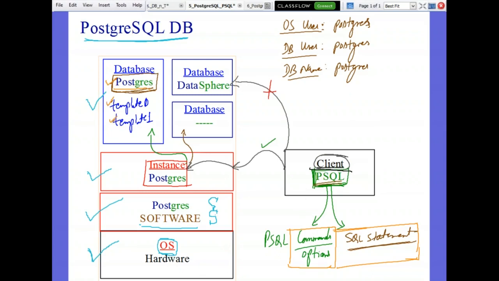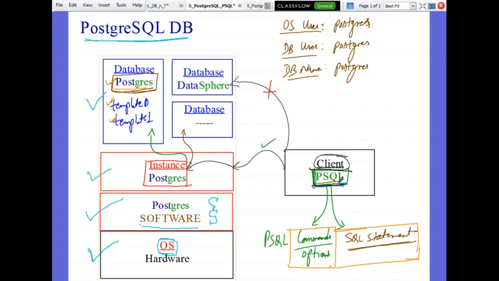So, for example, here we are using the PSQL platform. PSQL is Postgres SQL, somewhat similar to SQL Plus. We need this platform, and it is available as part of our client installation. So we get the client software installation: server components are available on the server side, and on the client side we need